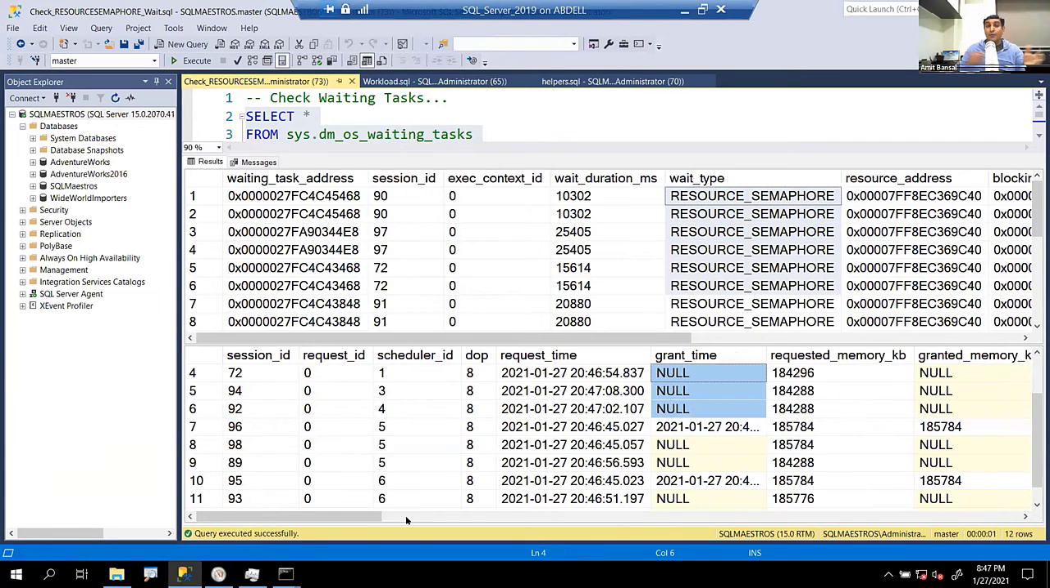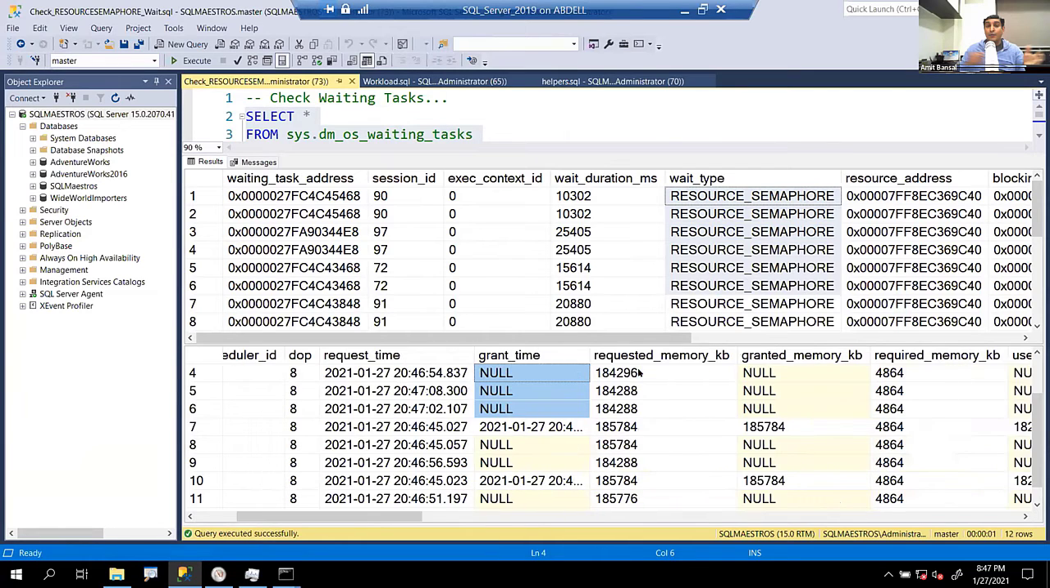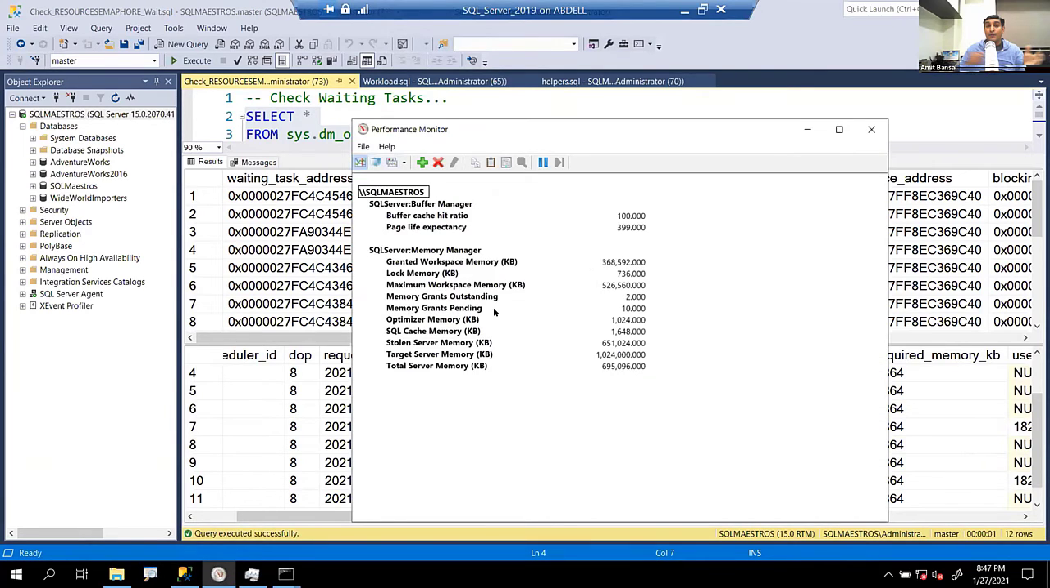And how much memory are they asking for? Each of these instances are asking for close to 184 MB. That's what is really happening. And you can also track this using the perfmon counter: memory grants pending is 10 and outstanding is 2, because only 2 instances have been granted